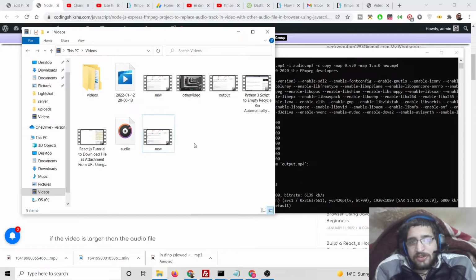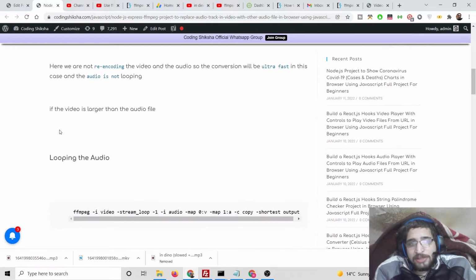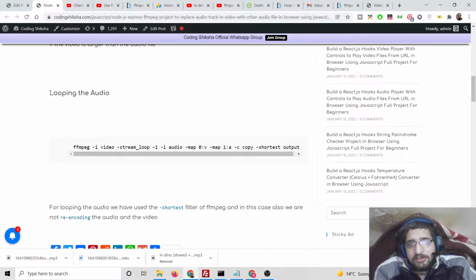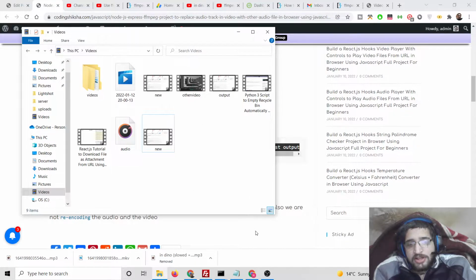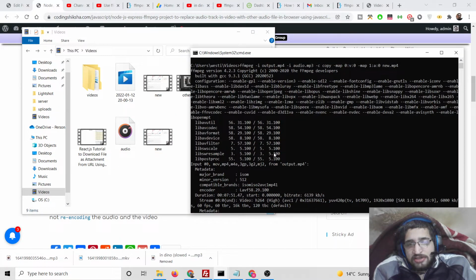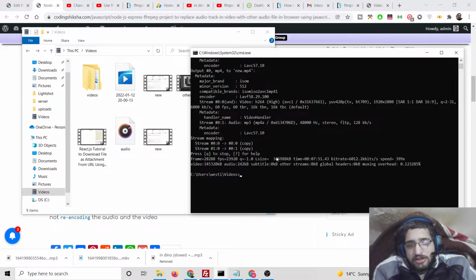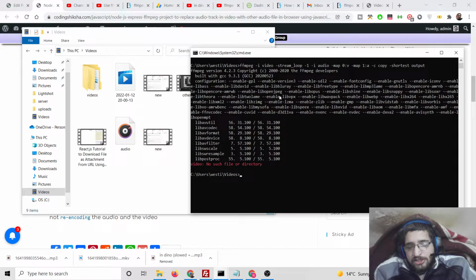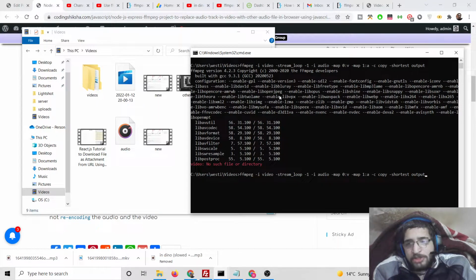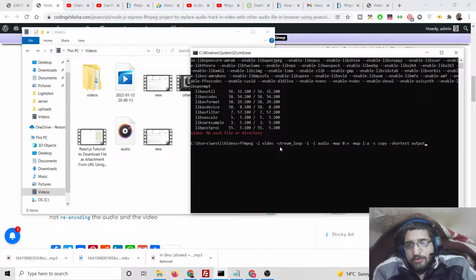So in that scenario, I have given the second command, which will be handy in order to loop the audio if the video is larger. Simply copy this command and simply paste it again here. So basically here we are using the shortest filter of FFmpeg. So here we need to